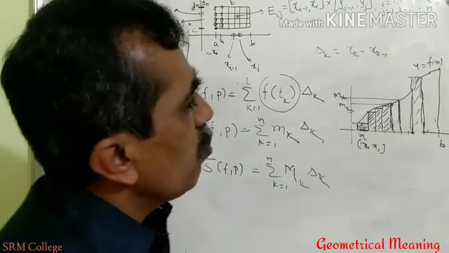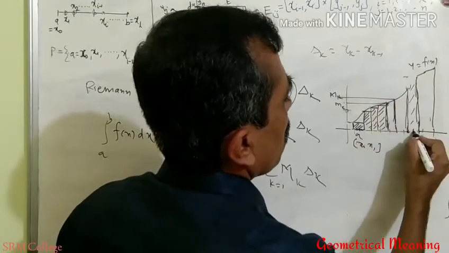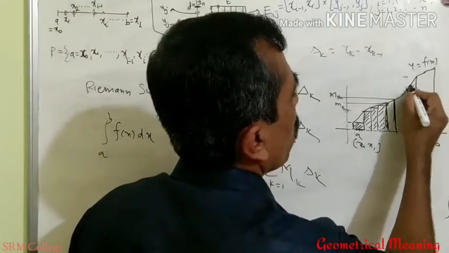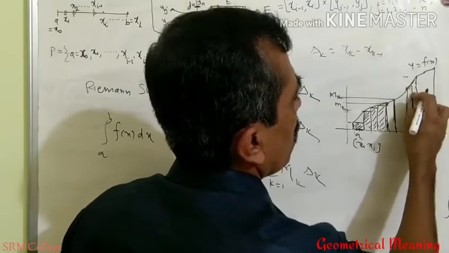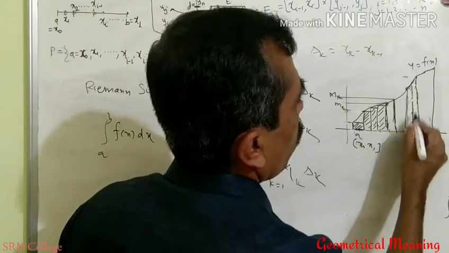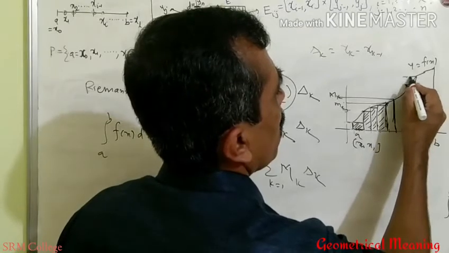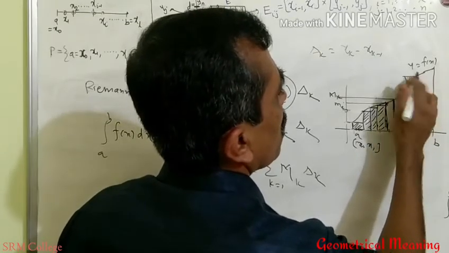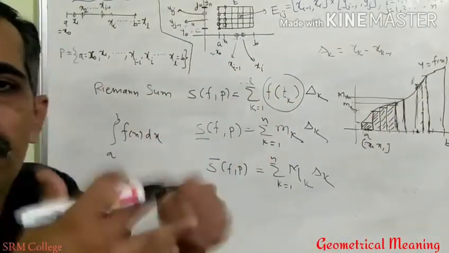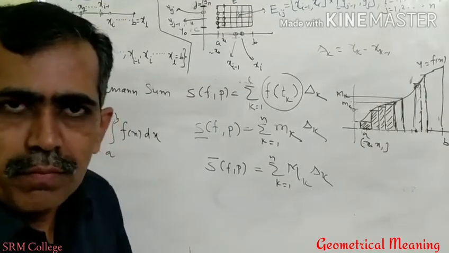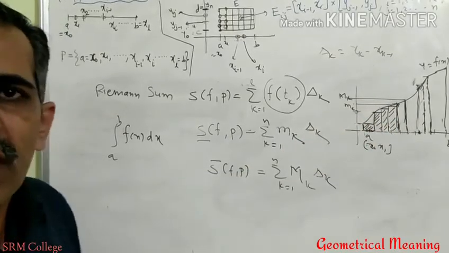Now we want the area under the curve. For that, you partition this and add one more point. I have added one more point now. On this part you will get this much, on this part you will get this much, and previously you were getting this much area, so this has been lost. So if we refine a partition, then the upper sum decreases. So go on refining.